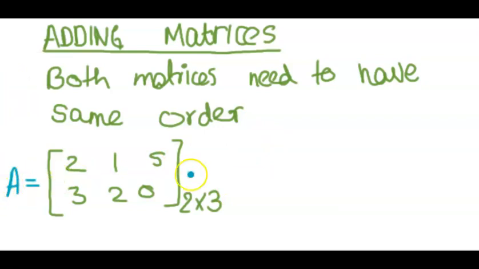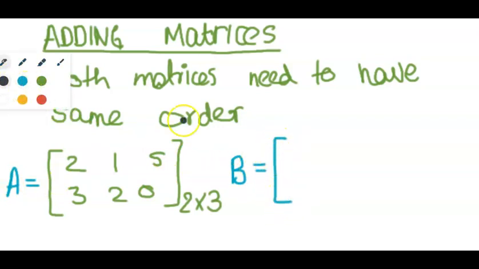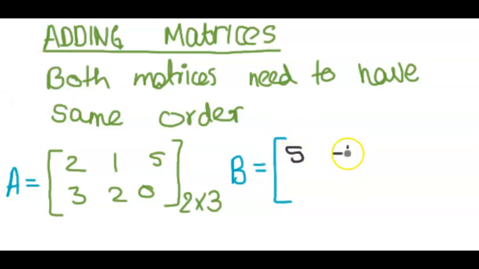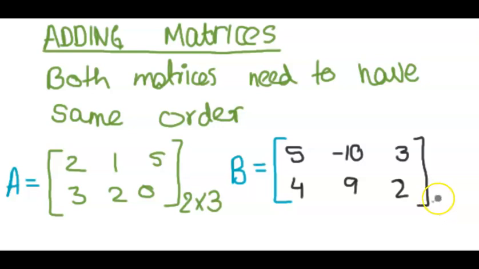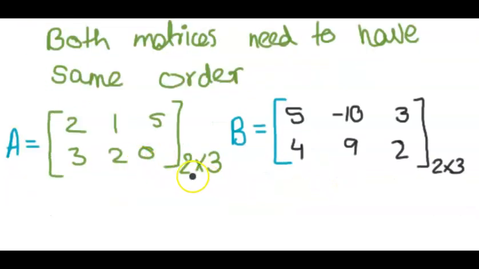And then I got the matrix B. Matrix B is, let's call it 5, minus 10, 3, 4, 9, 2. Because they both have the same order, 2 cross 3 and 2 cross 3, it means I can add the matrices. First thing we do, we check the order. So this is 2 cross 3 and this is 2 cross 3, which means yes, we can go ahead by